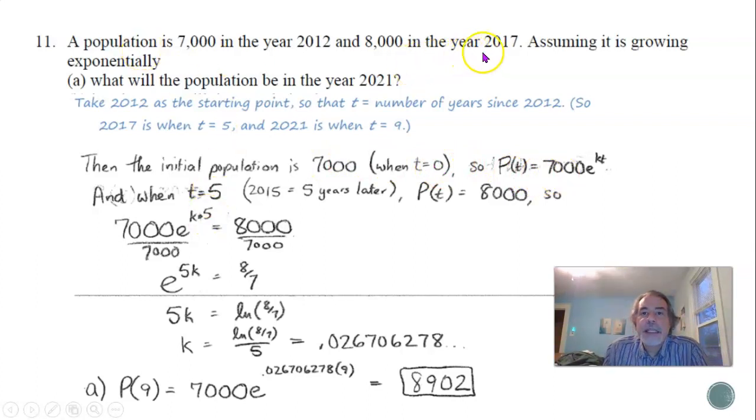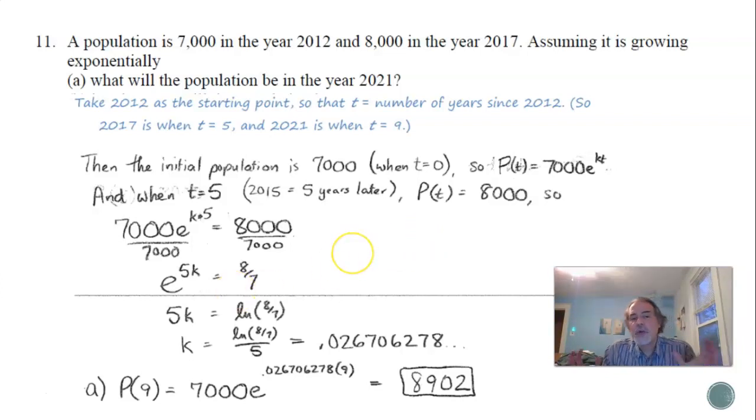Then when t is 5 years after 2012, that's 2017, that's when the population is 8,000. So 7,000 times e to the k times, we put 5 in for t, and that's equal to 8,000. Now we can solve for k. Divide both sides by 7,000. Get the e out of the way by taking ln of both sides. We get 5k equals the ln of 8/7. Then divide both sides by 5. K equals the ln of 8/7 divided by 5, which is about